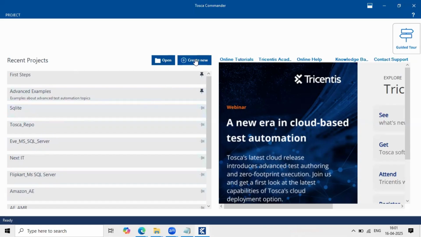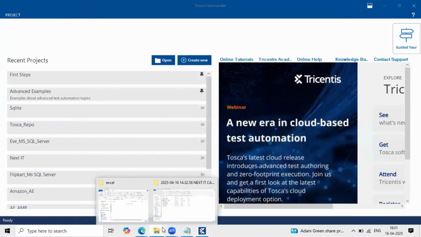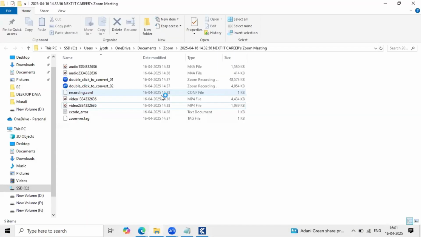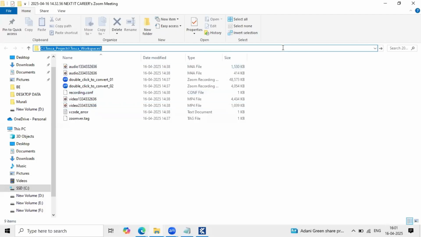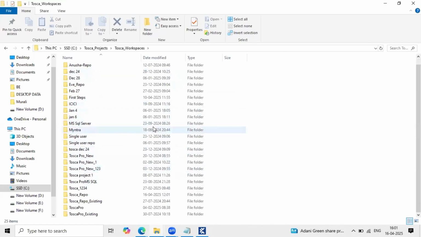At the time of creating a workspace, here you can see the default directory is Tosca projects, Tosca workspace. If I open this directory, let me show you, here you can see a number of projects which were already created this year and last year.